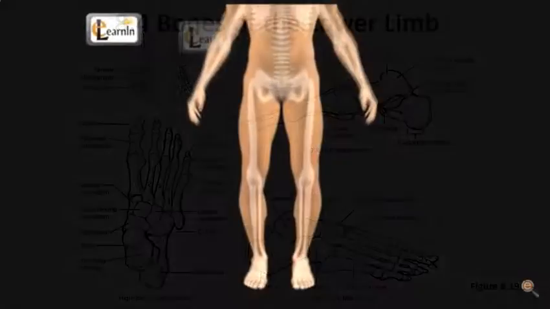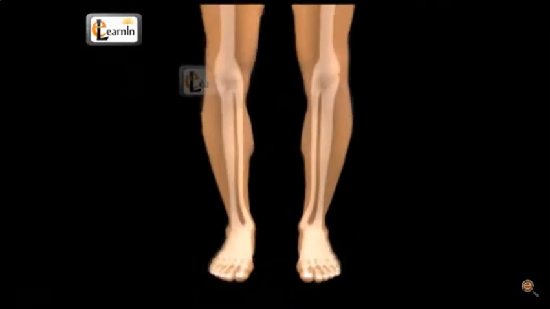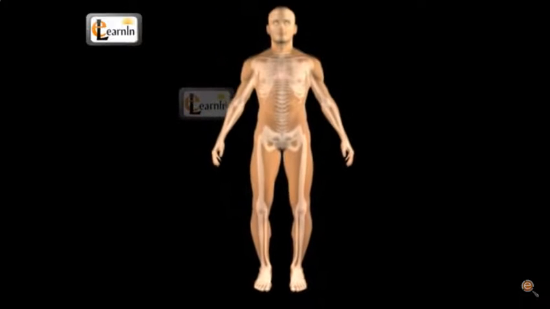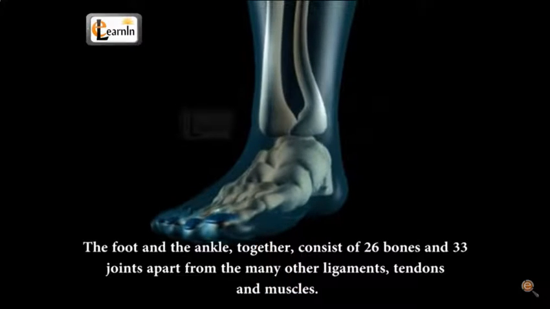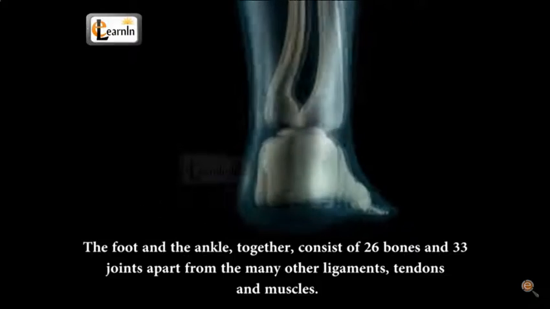The foot is a separate organ that is at the terminal part of the human body and many other vertebrates. It helps us to stand and also to move around. That is, it allows locomotion. The foot and the ankle together consist of 26 bones and 33 joints, apart from the many other ligaments, tendons,